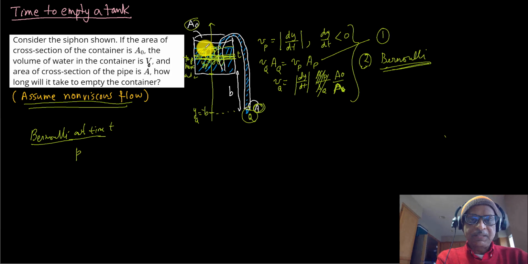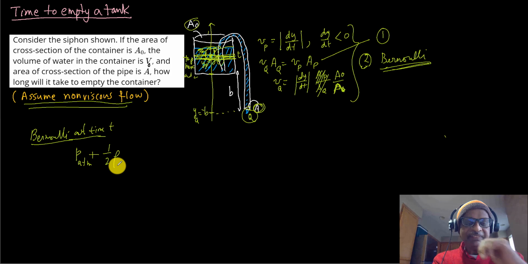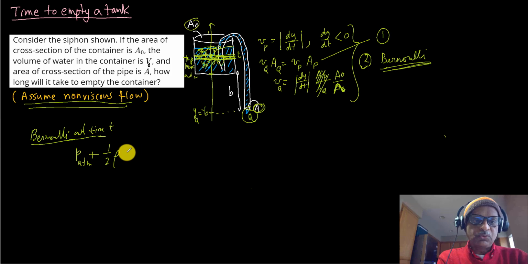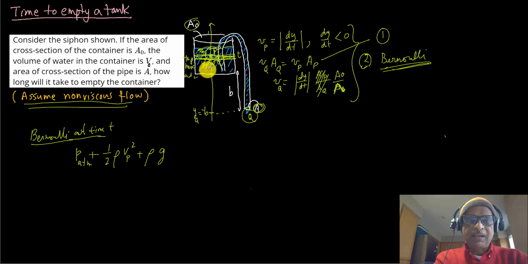So there's some pressure here, and this is atmospheric pressure, plus half rho v at P squared, plus rho g, and the height at that point is y at P, which is equal to y,